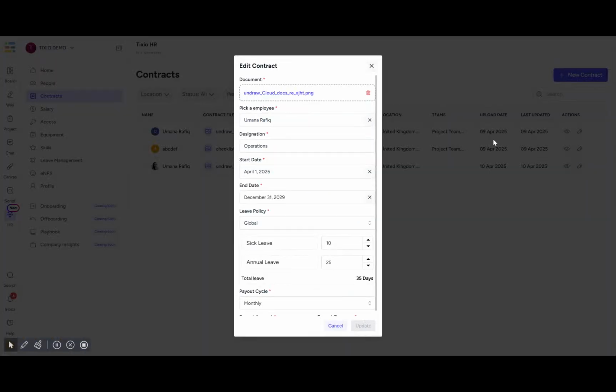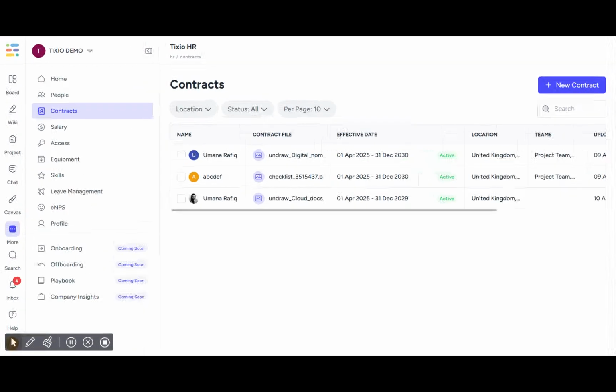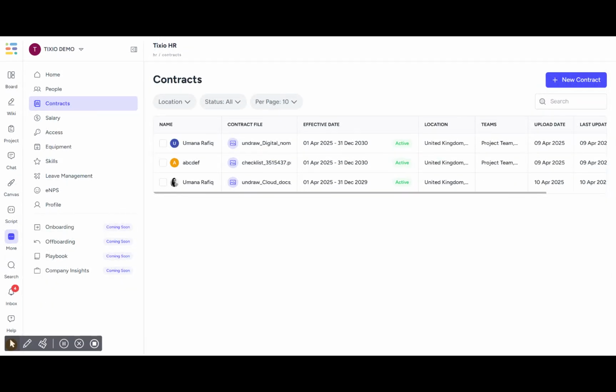And you can also edit the contract to maybe change the date, or maybe change the leave policy in future, or payout cycle and stuff like that. Once the contract is created and is active, it will show this active sign next to the name. But if the contract is expired, then it will show an expired sign here, or if it is soon to be expired, then it will show a soon to be expired sign right here, so that you can get a quick glance